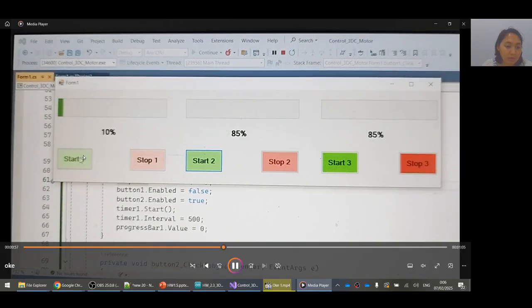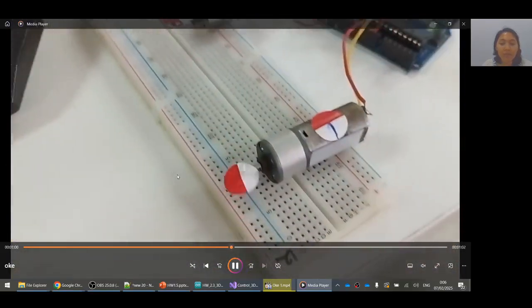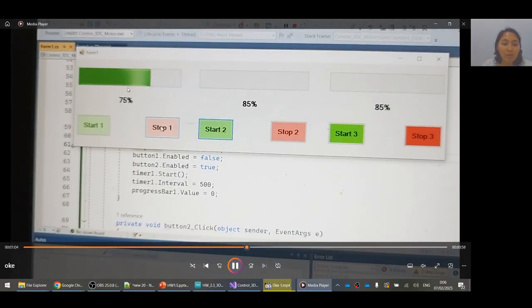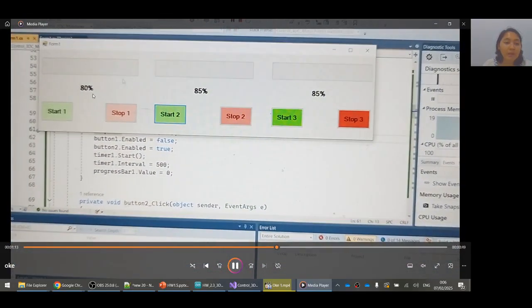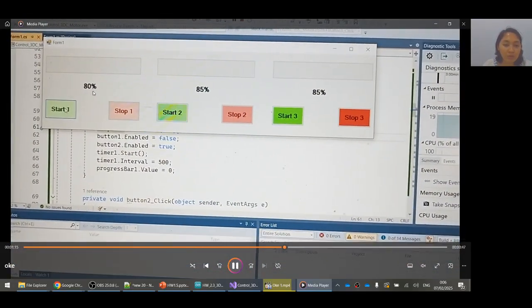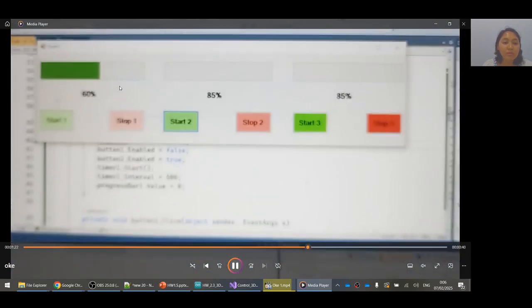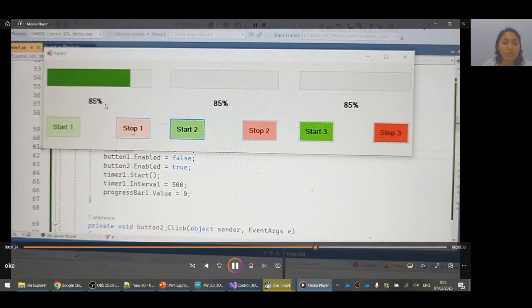And then the start 1 button, the DC motor 1 will rotate, the progress bar is on, the level is on, and when I click stop, the DC motor 1 will stop, and the level shows the last value. DC motor 1, then stop, motor stop.